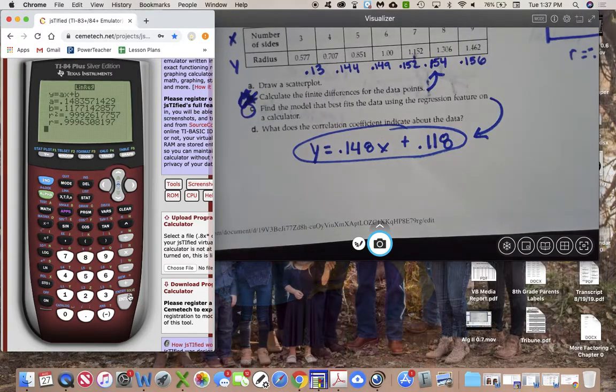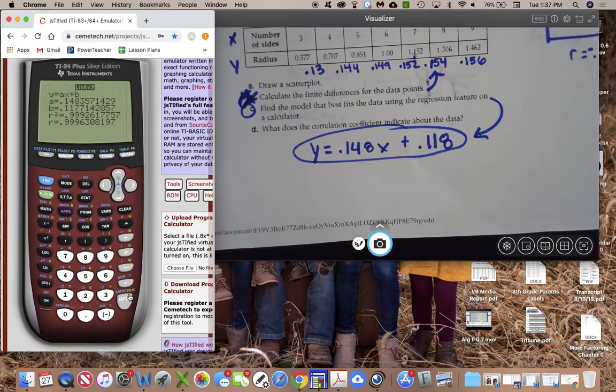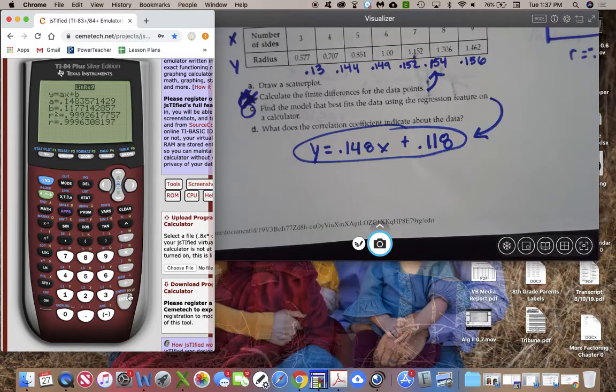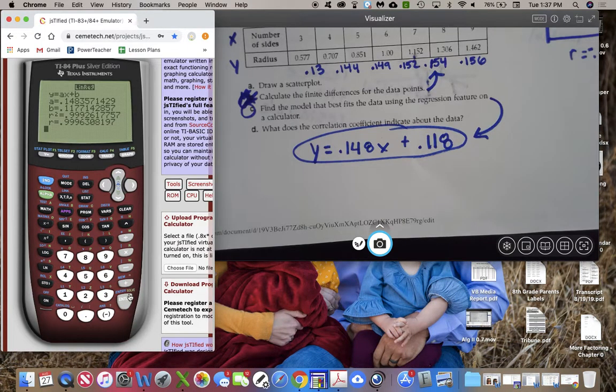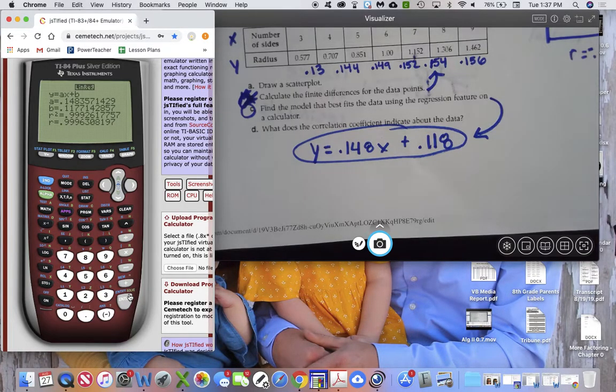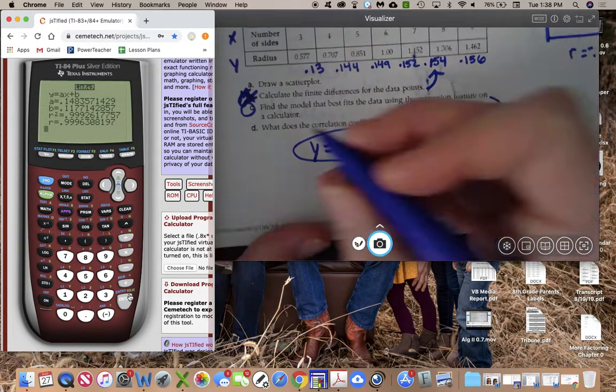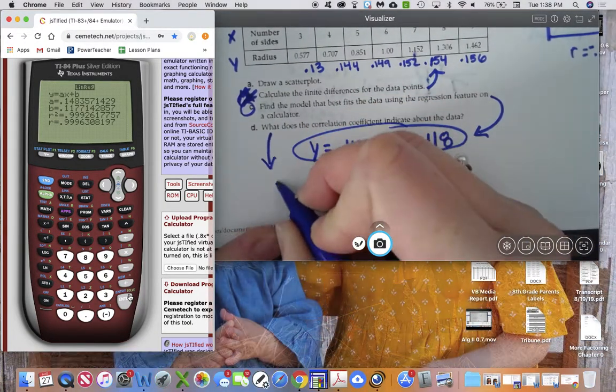Oh, okay, that's what that is. Go to stat, calc, linear regression, down to calculate, enter, just like you did before. It's going to spit out this, but it's going to have an R and an R squared. We don't care about R squared for right now. We're going to write down R. In this case, for part D, R is equal to